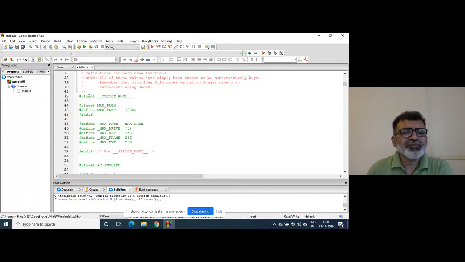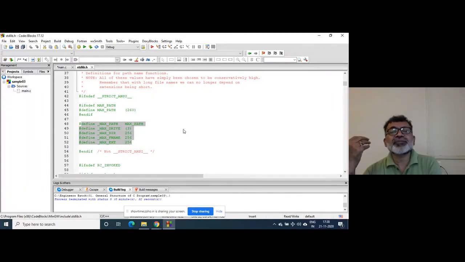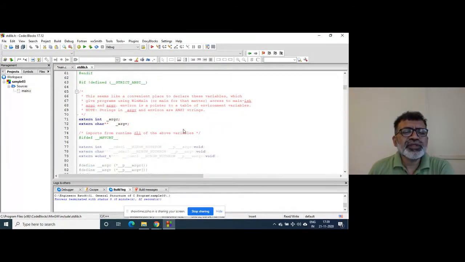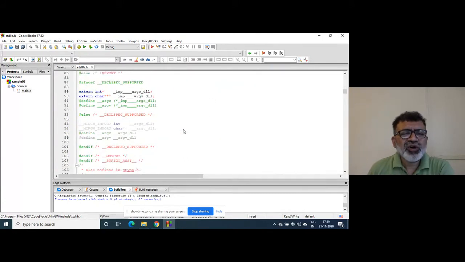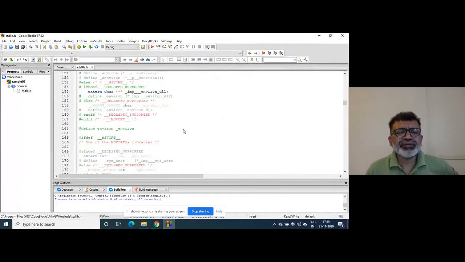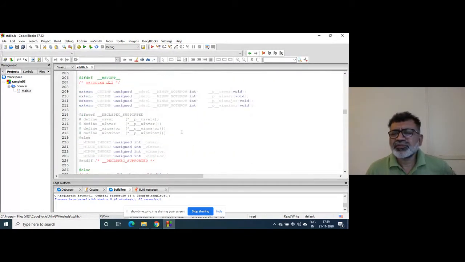A lot of macros are there, basically, because macros is the no chapter. The macros preprocessor directive chapter is mostly ignored by language teachers and language trainers. They do not teach it, or at the most they give half an hour for that. But more time should be given, right? And a lot of variable declarations and a lot of functions are there. The file is huge.